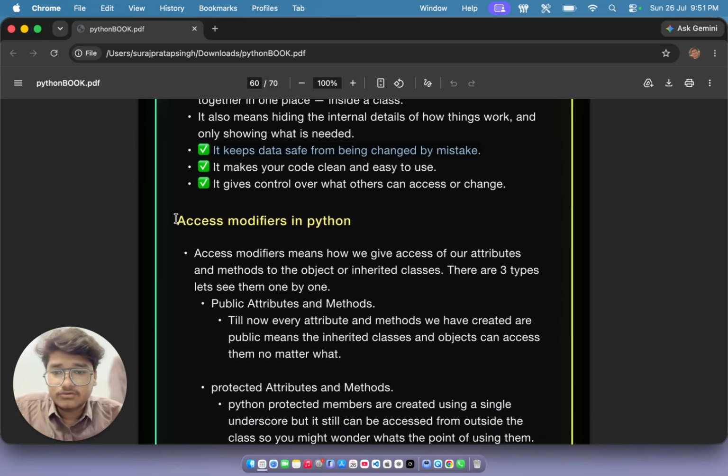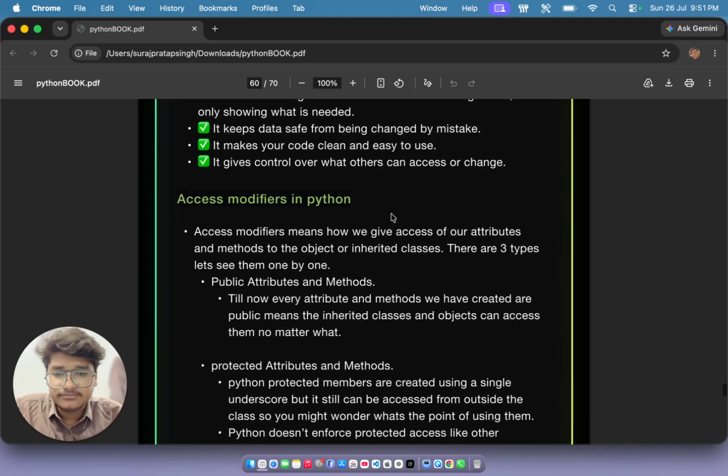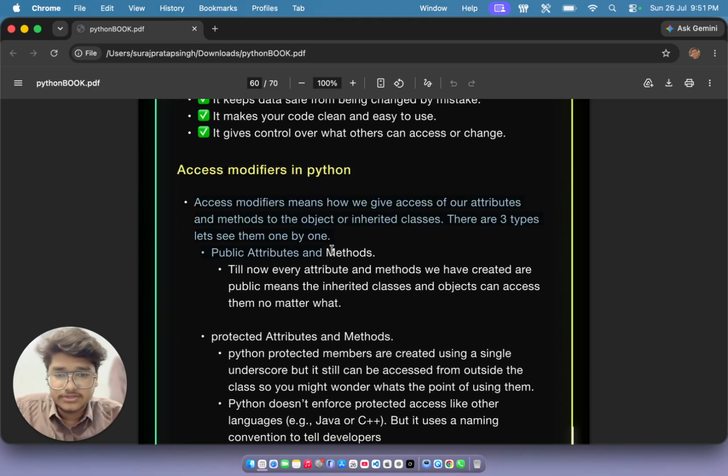We already know what an access modifier in Python is. Now we are seeing three types of access modifiers in Python. The first type is public attributes and methods. Till now, every attribute and method we have created is public, meaning the inherited class and objects can access them